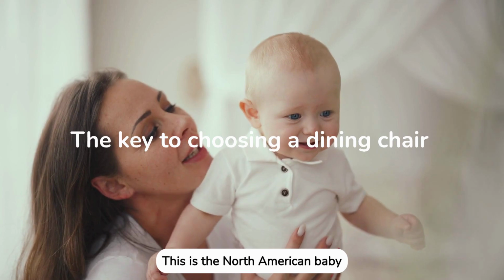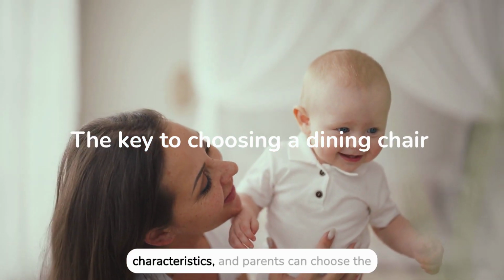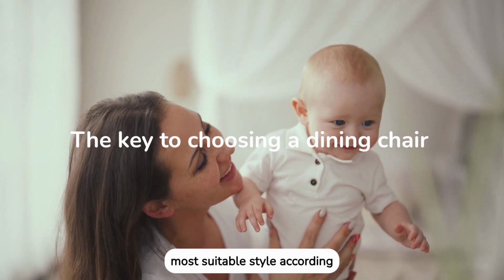This is the North American Baby High Chair we will share with you in 2025. Each one has its own characteristics, and parents can choose the most suitable style according to the needs of their